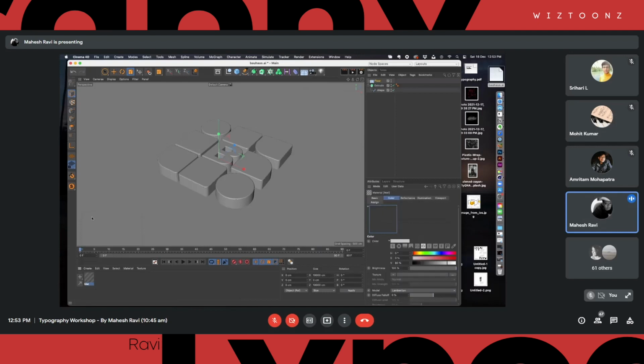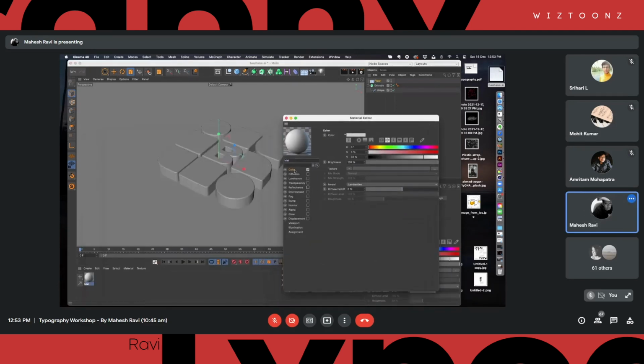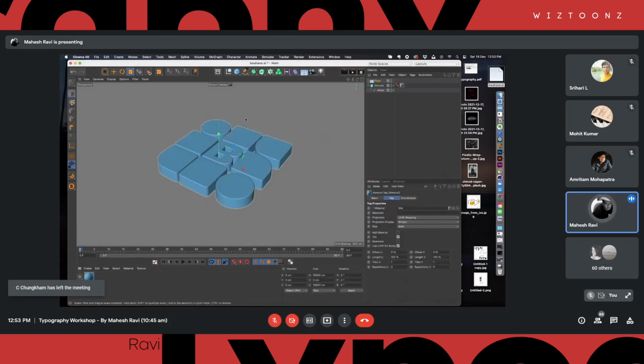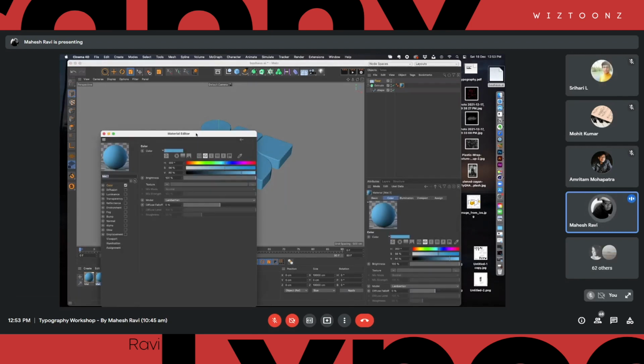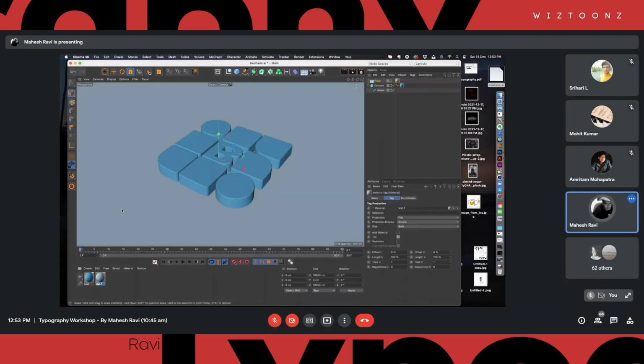Now I'm going to create some colors that I can add to it. Let's start with something very basic. I will change the color to maybe blue or light blue. Okay, this is fine. I'm going to drag and drop it onto the object. So this is created. Now I need a different color for the floor as well, so I'll create a different material for the floor, maybe something which is much lighter. I'm going to add it right there. So we have this.